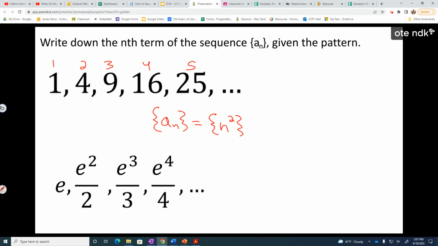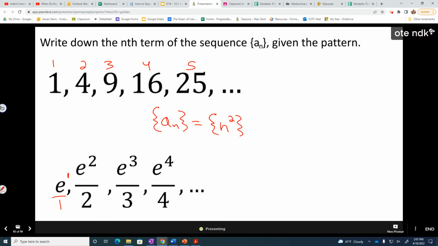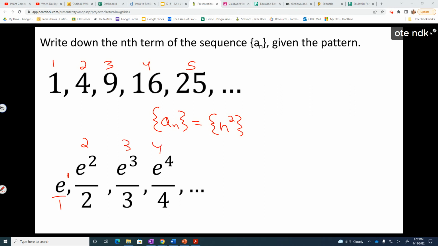All right, next one we've got e squared over 2, e to the third over 3, e to the fourth over 4. Right there, sequence for this. It looks confusing, but oftentimes the first term can throw you off a little bit because it'll look different. But this is the same thing as saying e to the first over 1, right? And you can even just block that one out if it's confusing because it doesn't look like the rest of them. So if you think of it like that, you can see this is the second term, this is the third term, this is the fourth term, and it becomes pretty obvious what it is, right? And so it's going to be a sub n